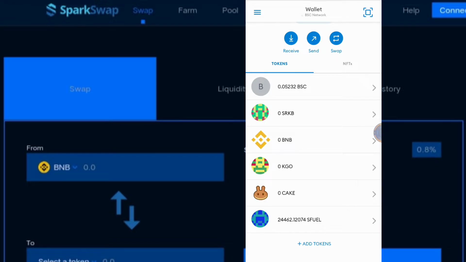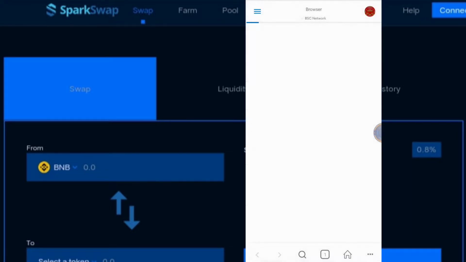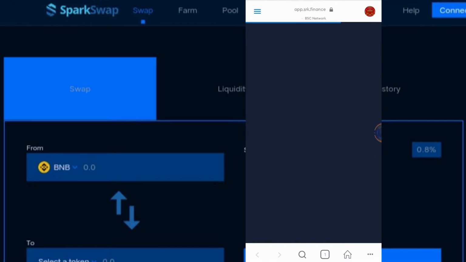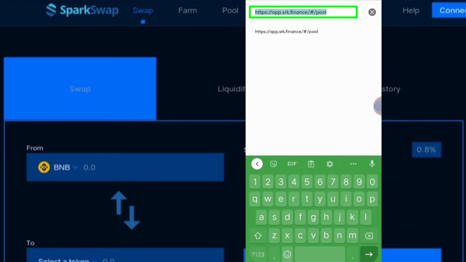Okay? So where are we going to stake, or what website are we going to use to stake this SFUEL token? We will go to SparkSwap.finance website to stake our SFUEL token. Okay, so click this button. Then go to browser. So as you can see, I'm already in app.srk.finance. You can go directly to this website, app.srk.finance, or you can type easily